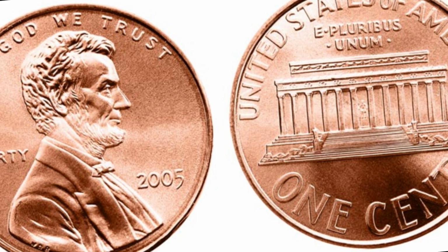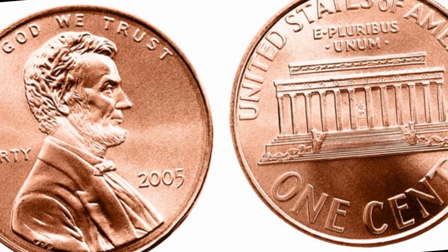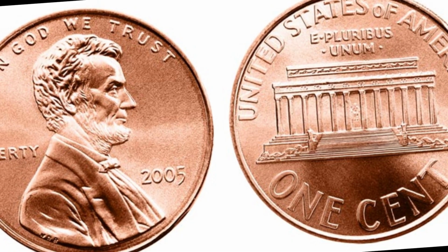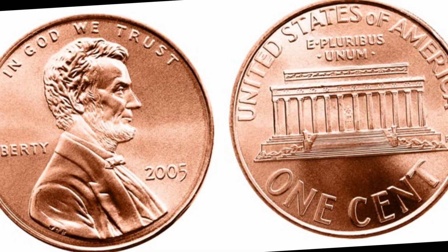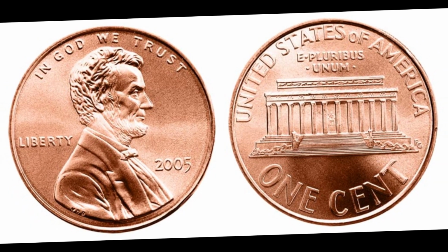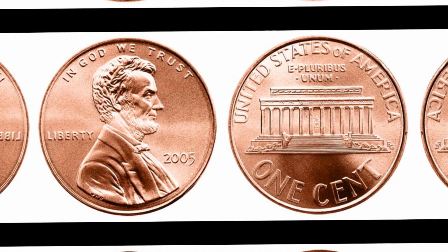Uncirculated 2005 penny, MS65 or higher, worth $1 to $5. 2005 satin finish penny, SMS, worth $50 to $200. 2005 double die penny, worth $50 to $5,000. 2005 off-center strike penny, worth $100 to $1,500. 2005 experimental planchet error penny, worth up to